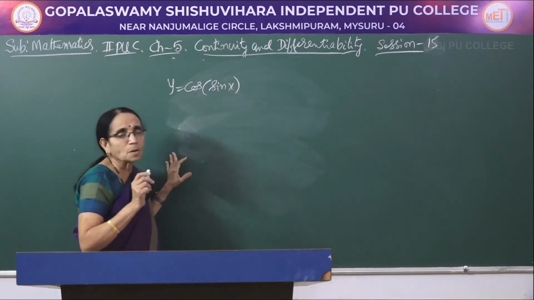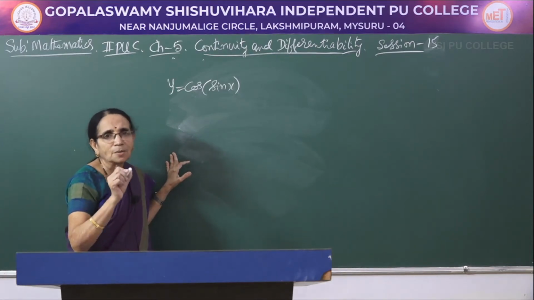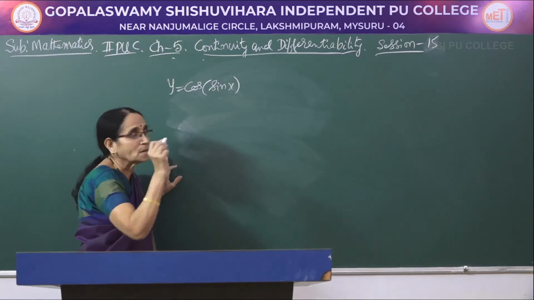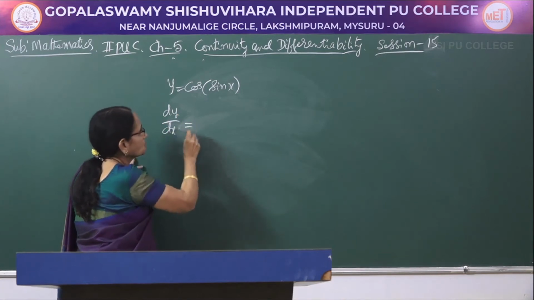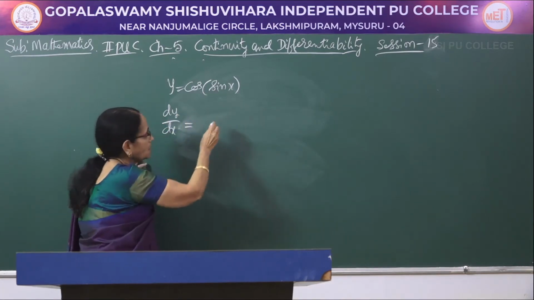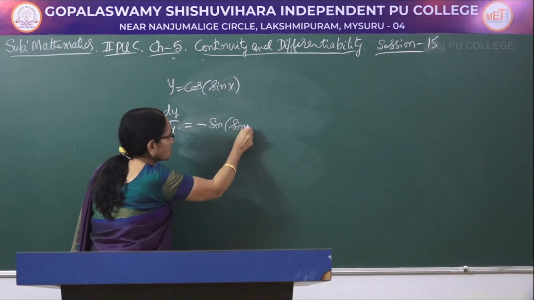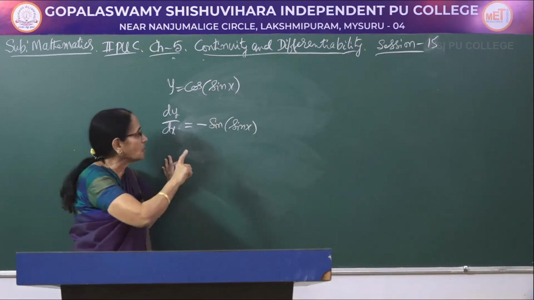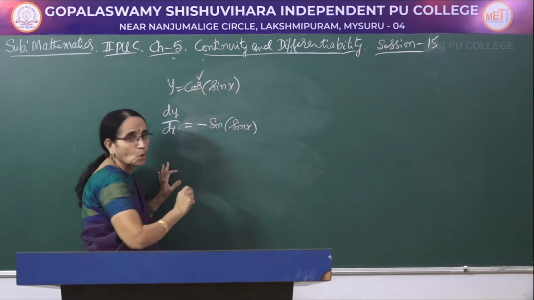Now, what is the derivative of cos x? It is minus sin x. In the place of x, what do you have here? Sin x itself. Therefore, you write dy by dx equal to, cos of anything becomes minus sin of that thing, so minus sin of sin x. Do not ever change this one. It has to be written as it is. It is minus sin of sin x. Okay, so this part is over.